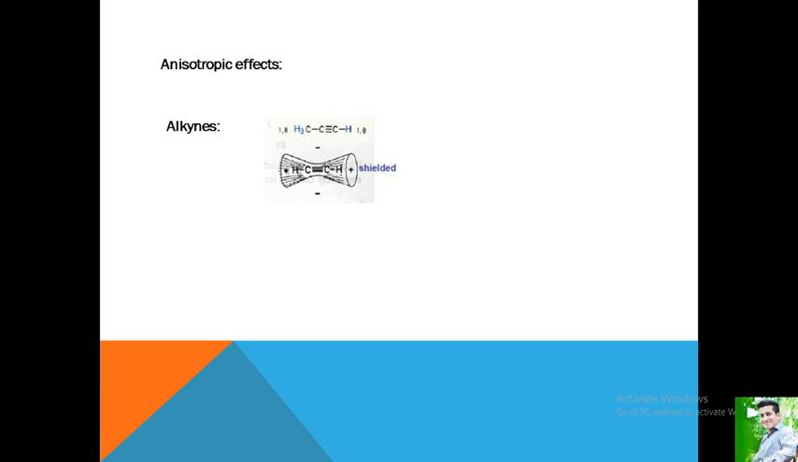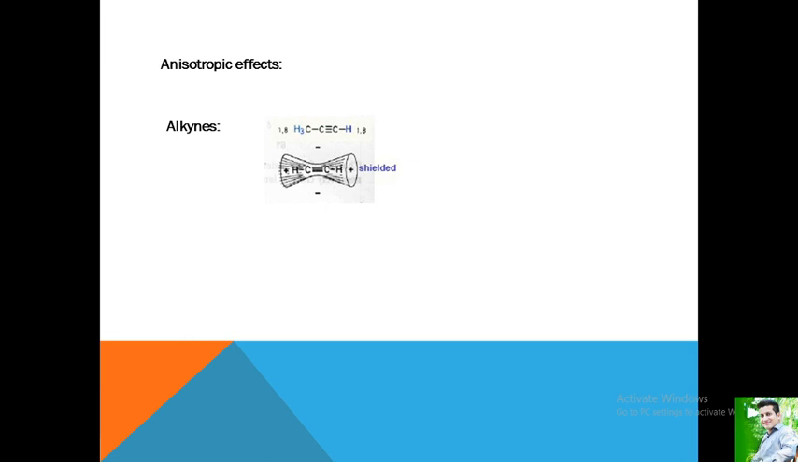So, we are going to learn about the anisotropic effect, which is part of the de-shielding and shielding effect. So, how does anisotropy affect the values of a particular molecule? We will learn about this in this section. The de-shielding effect on a proton attached to the carbon-carbon double bond is more important than that observed by the